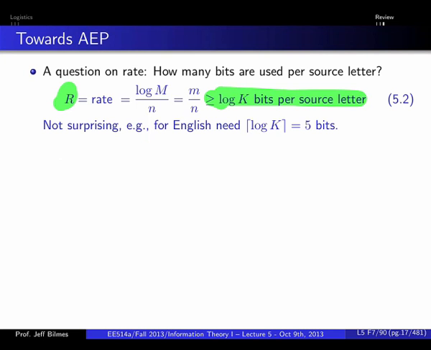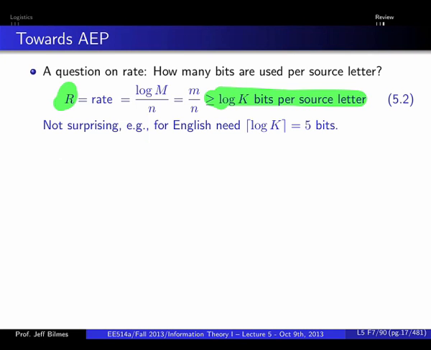If this isn't clear, think of this as data compression. Think of it as English text. Each source letter is a character. Let's say it's 1 of 26. When we take a large collection of English text, do we want to use a large number of bits per English alphabet character or a small number of bits? No, we want to use a small number of bits. So therefore we want a low rate code. Now that's how we're using the word rate, and that's how the book uses the word rate.